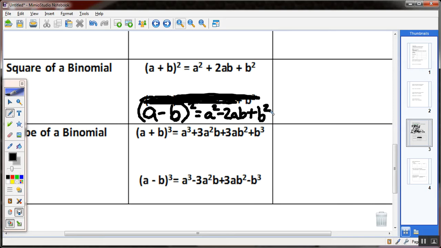Guys, in a binomial, how many parts to a binomial? What's the prefix bi mean? What value? 2. Okay, there's two parts, a first part and a second part. So that means there's one sign in between the two parts. All right,